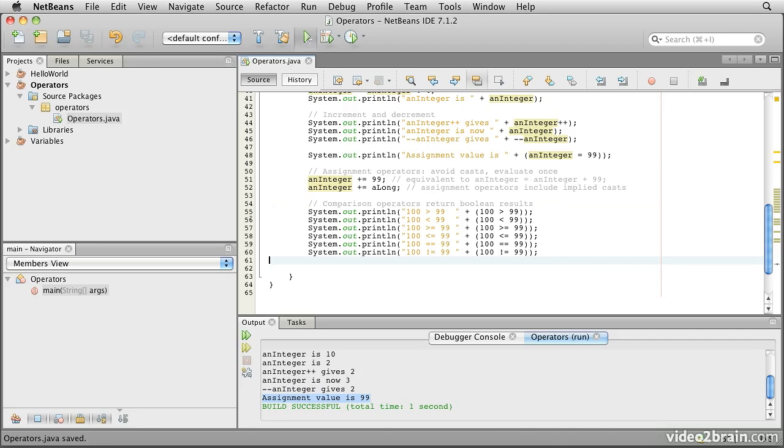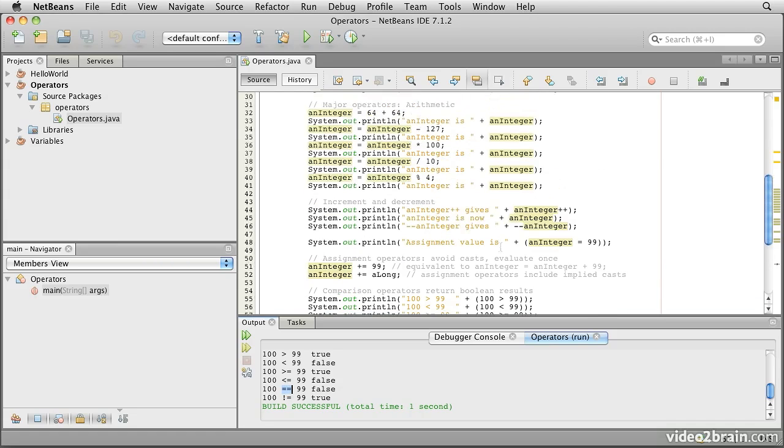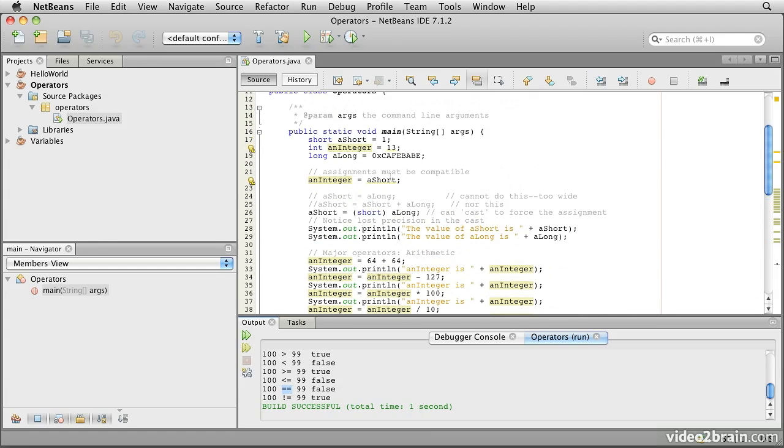So if we run this one, you'll see 100 greater than 99 is true. And notice it really does evaluate to the Boolean value true. Similarly, false, true for greater than or equal, false for less than or equal, false for equal to, and true for not equal to. Recognize that the two equals symbol provides comparison, where the single equals provides an assignment. That's an important difference. So to recap, in this module we've looked at the assignment and the fact that assignment